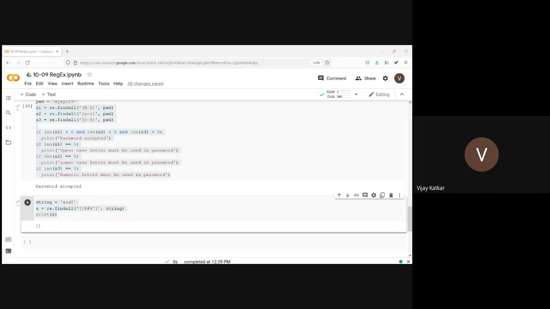There are many things in regular expressions. Then there is a split function and all. So during that we will cover it. Still we have not covered findall completely.